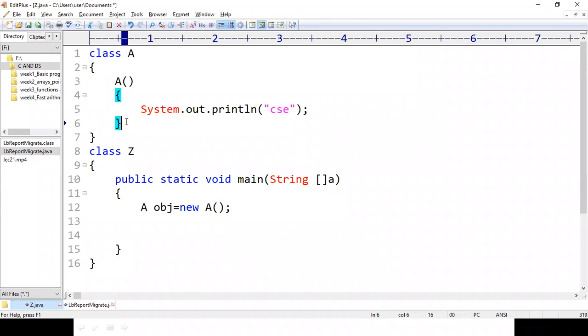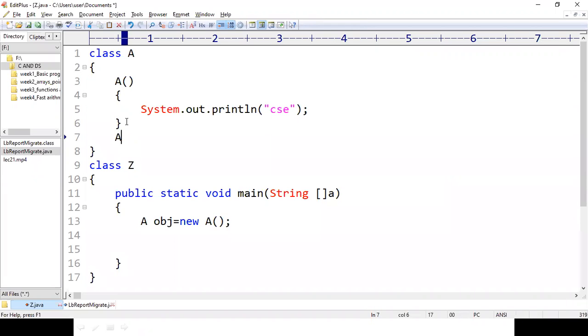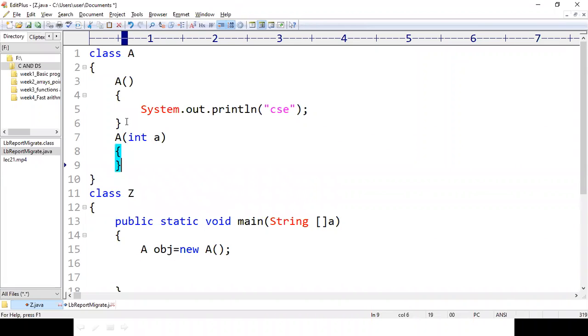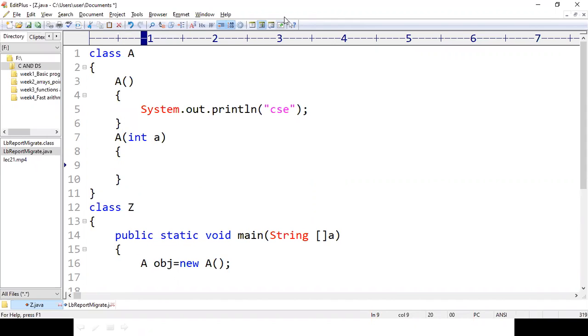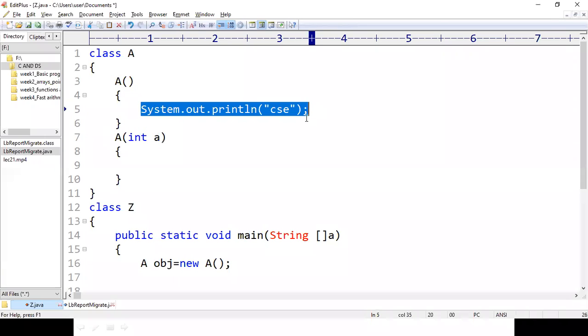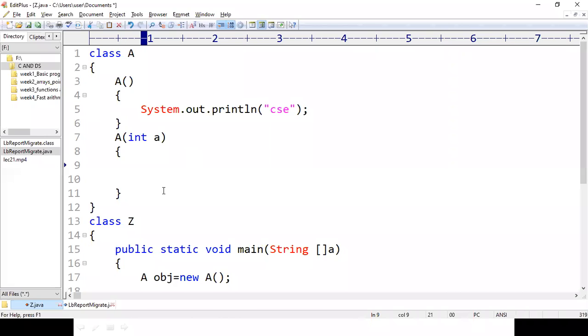And similarly, if I have one more constructor, for example, this constructor is going to take one integer value as a parameter. So we all know the concept here. There are two constructors, A() and A(int a). If there are two constructors inside the same class with a different parameter profile, then it is called overloading of constructors, right? So here I have overloaded the constructor. Now this constructor is going to print triply on the output screen, right?